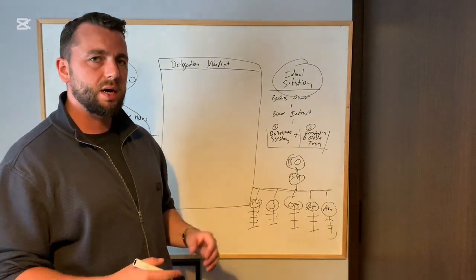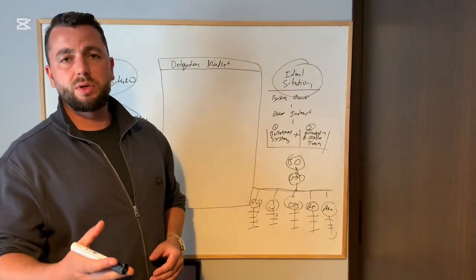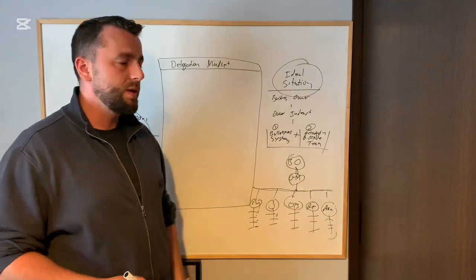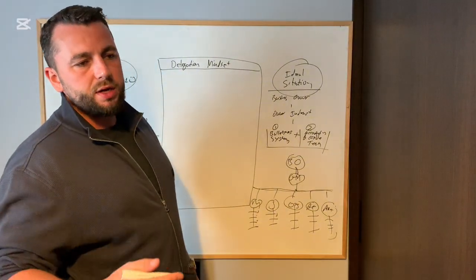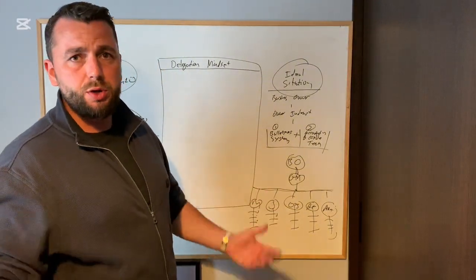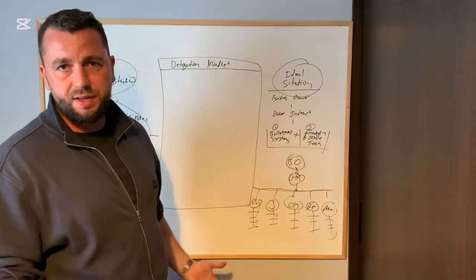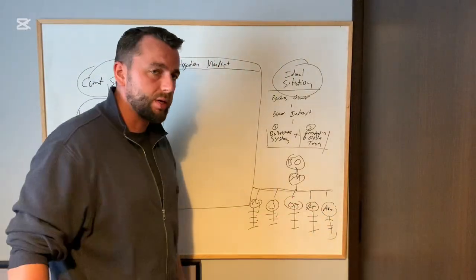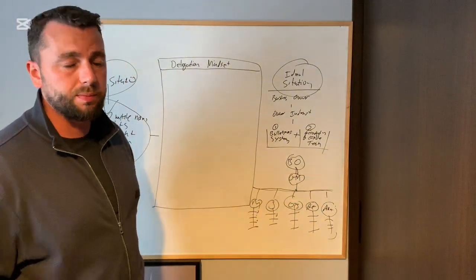You will always be tied to that business. You'll never be able to take time off. And if something does happen to you, good luck to your business, okay? So we need to separate you from your business. And it's the whole idea of just because you can do a thing doesn't mean you should. Like I said at the start of this video, a business is just a whole lot of stuff that has to get done within each department. But we need to remove you from as many of those tasks and roles as possible, okay?